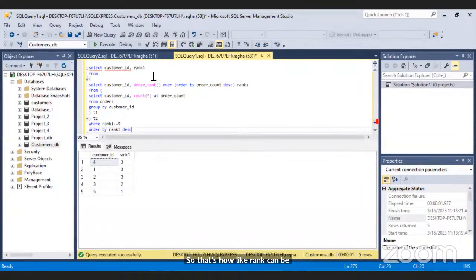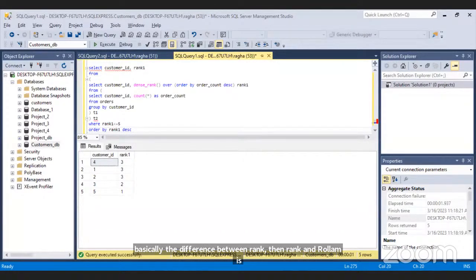So we have 3 different things. One is rank, dense rank, and row number. So I'll quickly walk you through from this slide. So basically the difference between rank, dense rank and row number is...